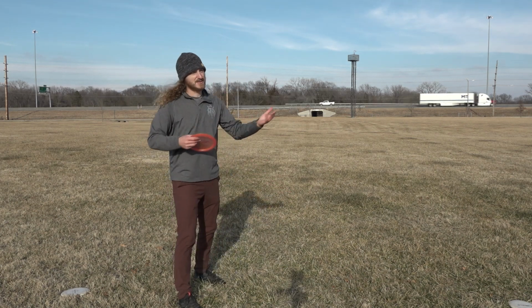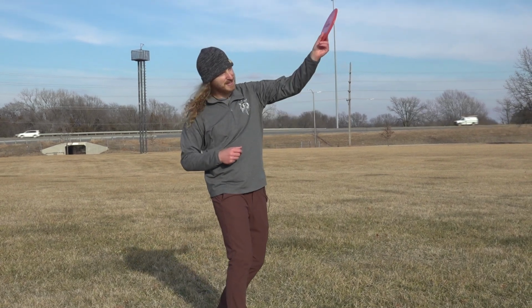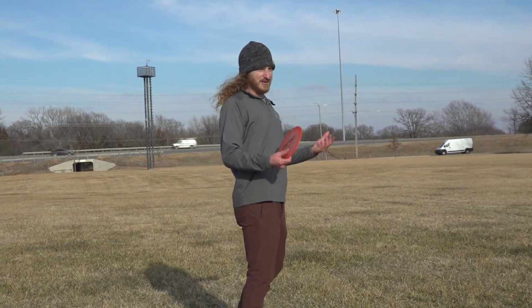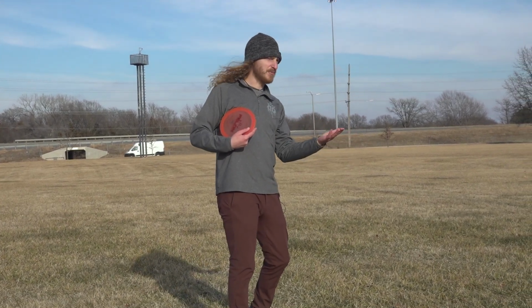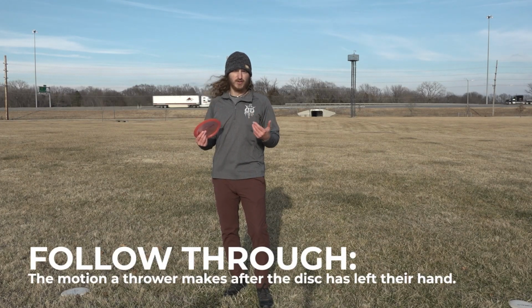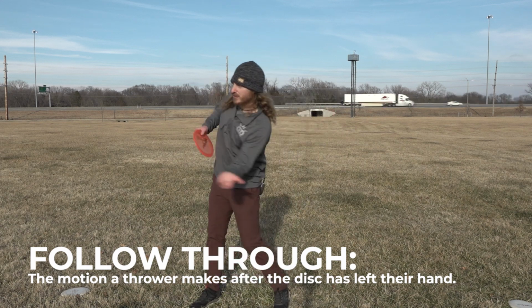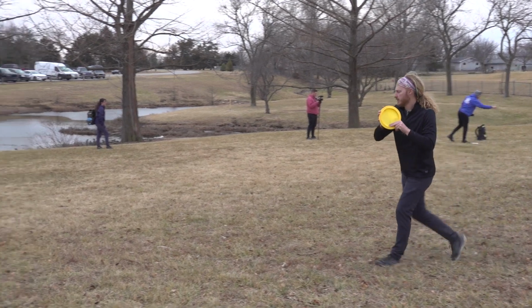Sometimes you might need to throw a turnover if you're throwing a really overstable disc on some crazy line. You can get creative, of course, but in general, keeping your palm up, you're going to develop good form and good habits. I've heard a lot of different things about following through, but in general, you want to be following through forward. That's something that I try to do and emulate,